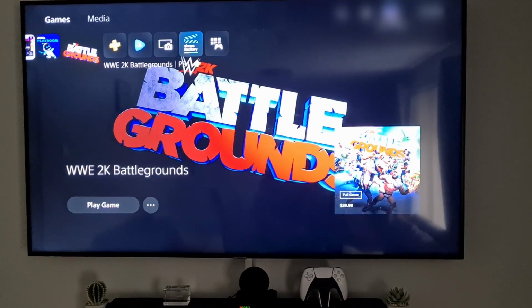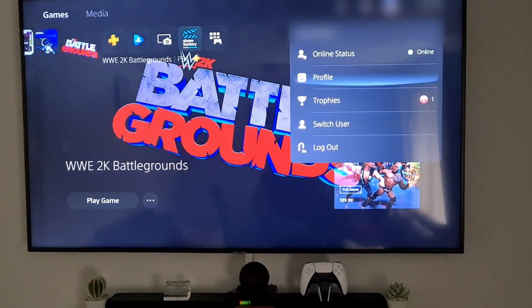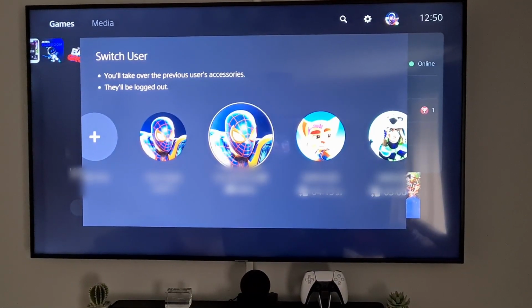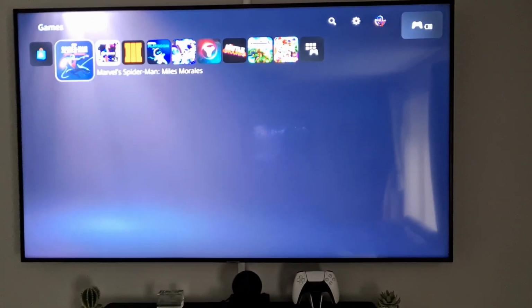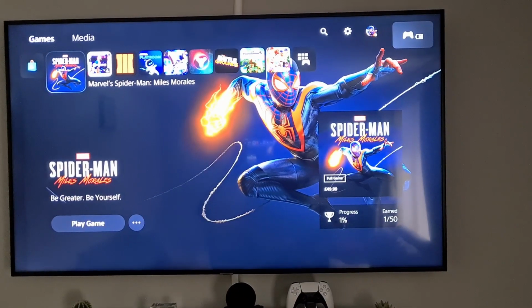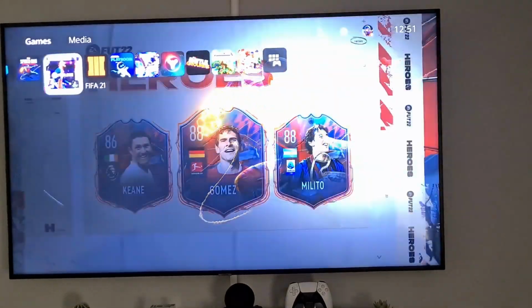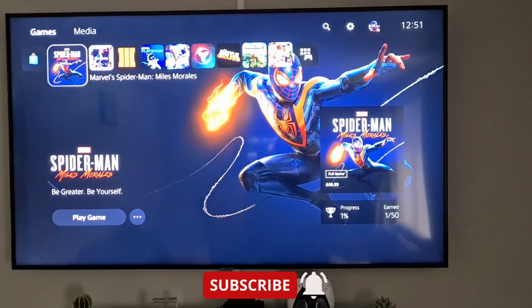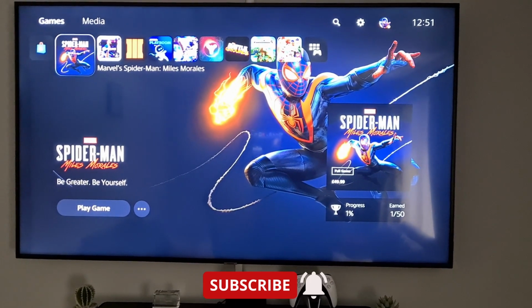And then now if I switch user and then log in as someone else, and now as you can see there, the game no longer has a padlock and can be played with any users. That's how you can enable game sharing on the